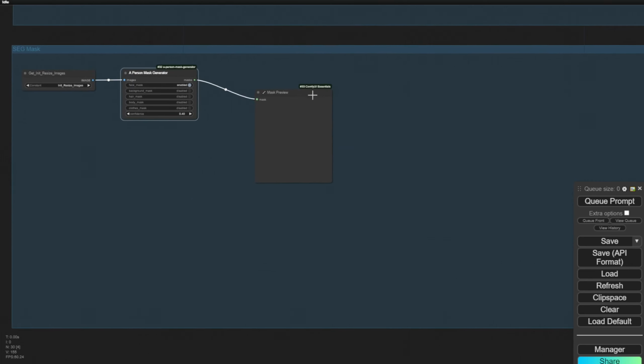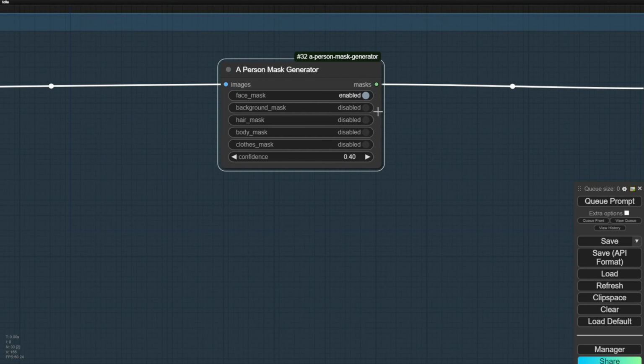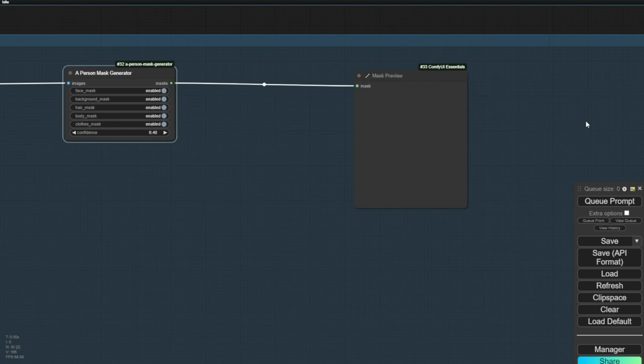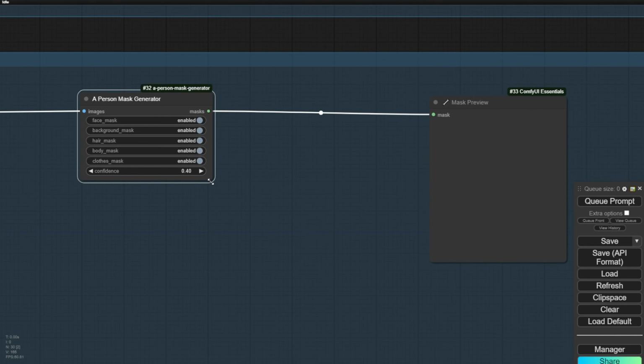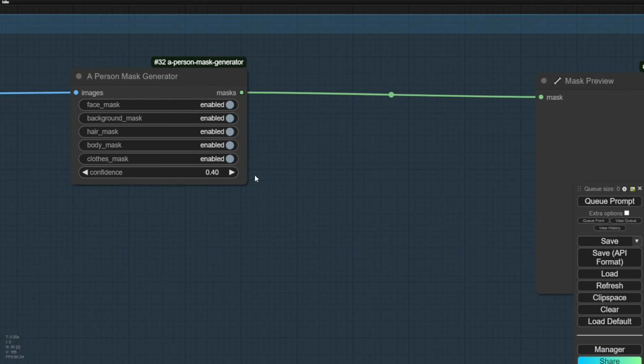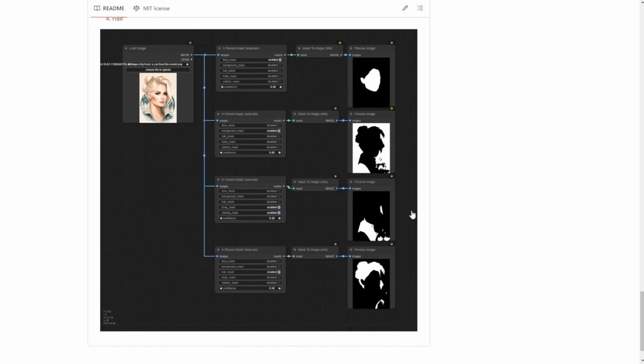But there's pros and cons. The con is that you're only able to select either the characters or the backgrounds. For example, if I select the face, hair, and bodies and clothing, like almost the whole character. But if you're masking the background as well, and you enable the background mask together with the character part, that means the whole image is going to be masked. So it's useless if you're selecting everything in here. Basically I saw from this GitHub page that they're only selecting one certain thing at a time.